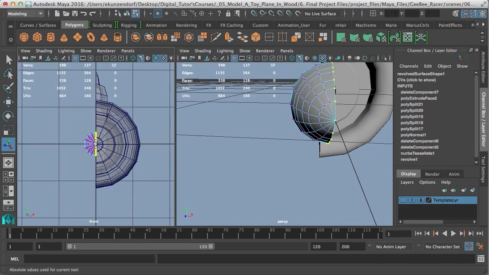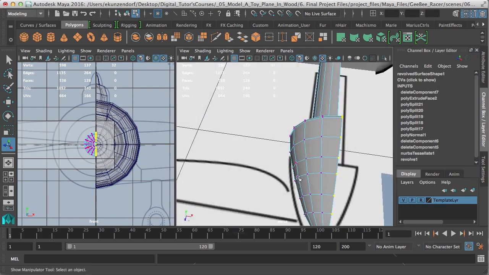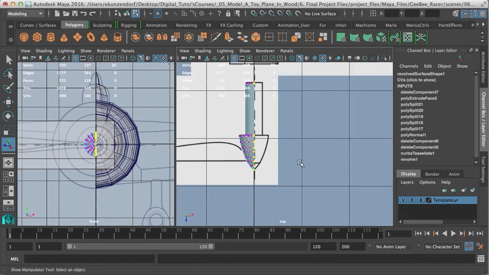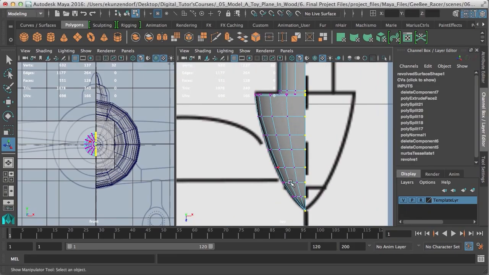And that's how we'll snap them together. There we go. All right, let's bring back the template, and we'll go to the top view. Now I want to look at this and make sure that I've got enough. I need one more line of edges. I like to have 8